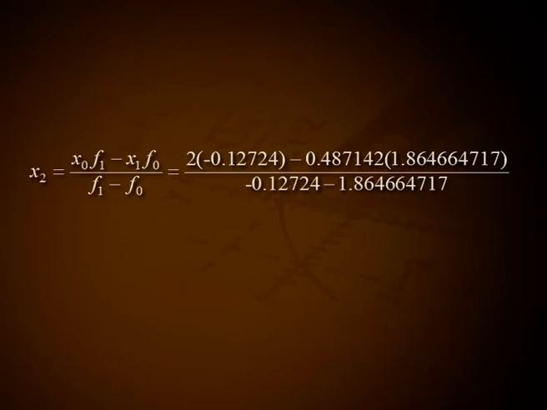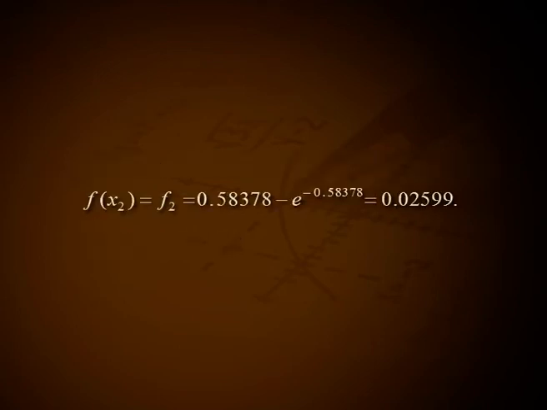Putting n equal to 1 in star, we obtain x₂ equal to (x₀ f₁ minus x₁ f₀) by (f₁ minus f₀), that is (2 into minus 0.12724 minus 0.487142 into 1.864664717) divided by (minus 0.12724 minus 1.864664717), that is minus 1.16284 divided by minus 1.99190, that is equal to 0.58378. Again, f(x₂) equal to f₂, that is equal to